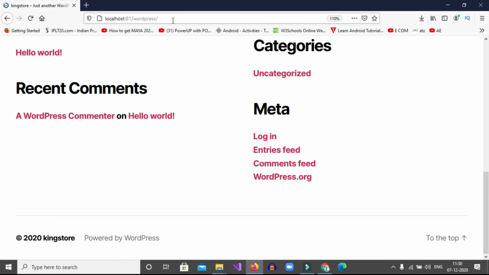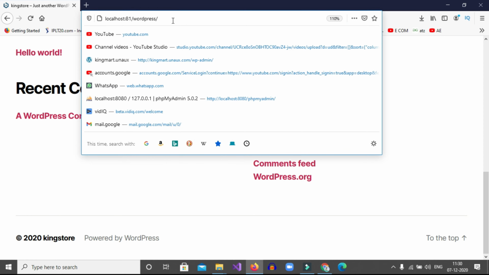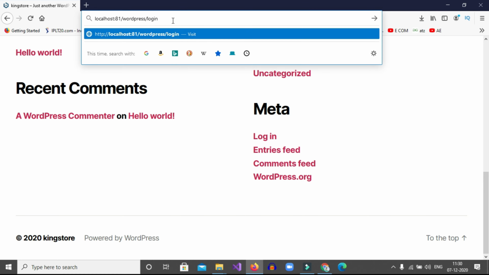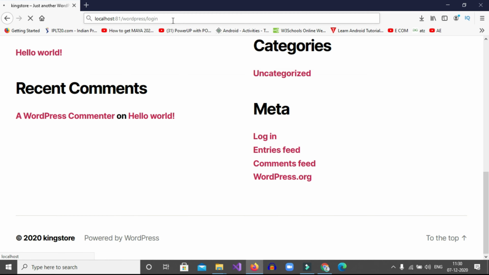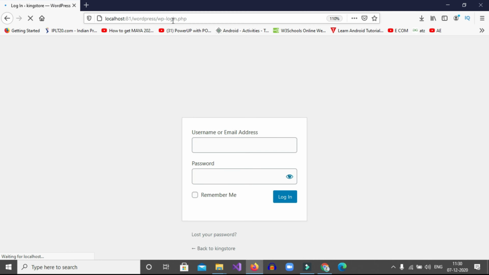If you want to log in to the WordPress dashboard, simply enter /login. It will navigate you to the login page of WordPress. Here you need to provide the username or email address. These are the details which we entered while installing Bitnami WordPress on our computer. So you can enter the email address or the username.